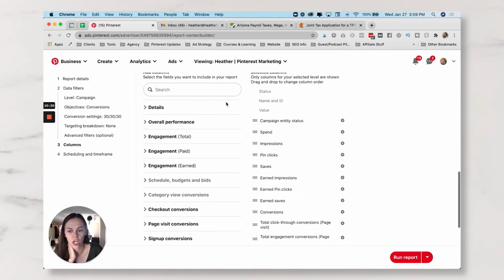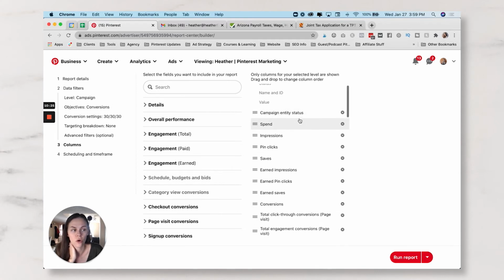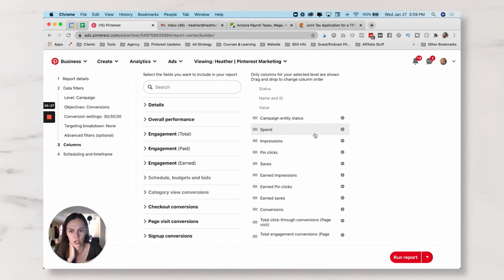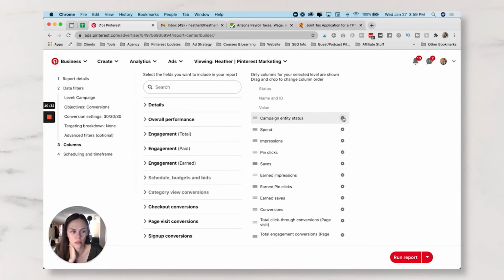And now we need to check off all of the things that we want to be in the report. So I normally just do the same table that I just showed you a moment ago. So we do details, and I don't really need